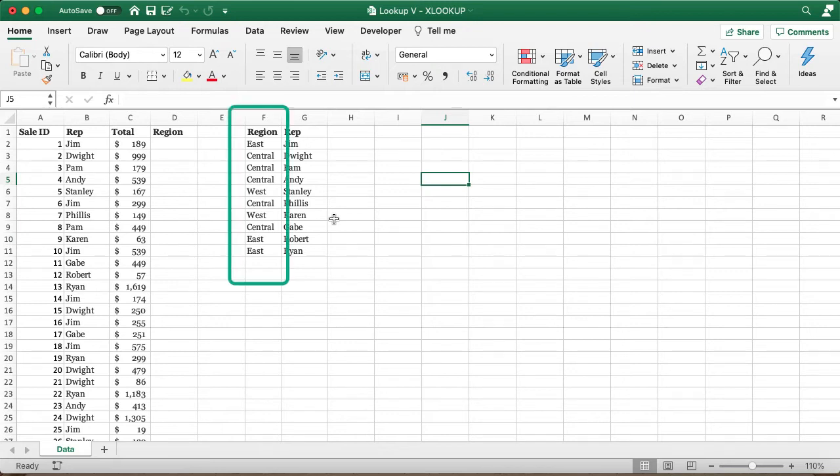However, note that the region, that is the column from which we are supposed to fetch the values, is the first column in the lookup dataset, and the representative name, which is the column from which we need to look up, is the second column of the dataset. This is one of the well-known limitations of VLOOKUP functions, where the lookup column has to be the first column in the array. However, like I mentioned before, it's not impossible to handle this by using VLOOKUP, as we've already seen in my other lecture on the Udemy course. But now let's see how simple XLOOKUP makes this.